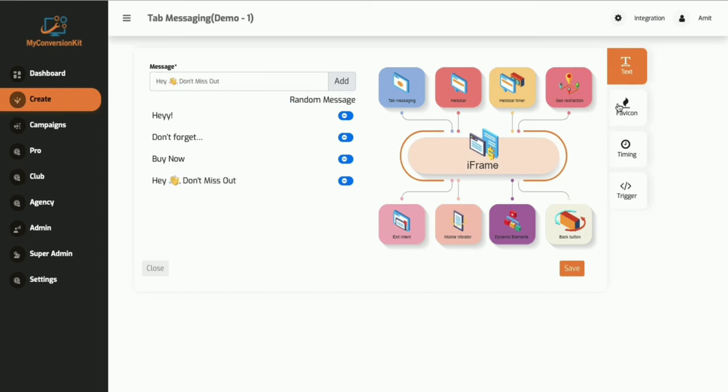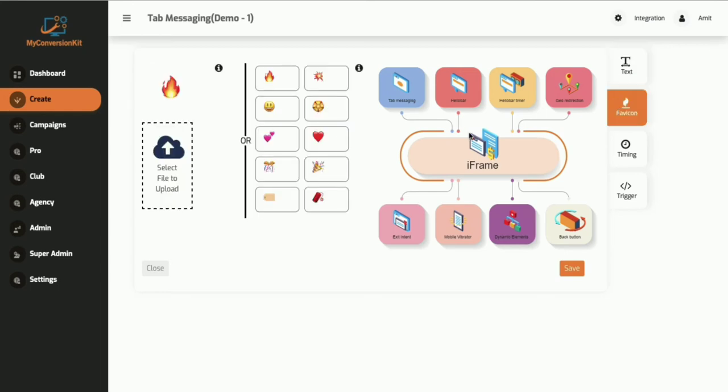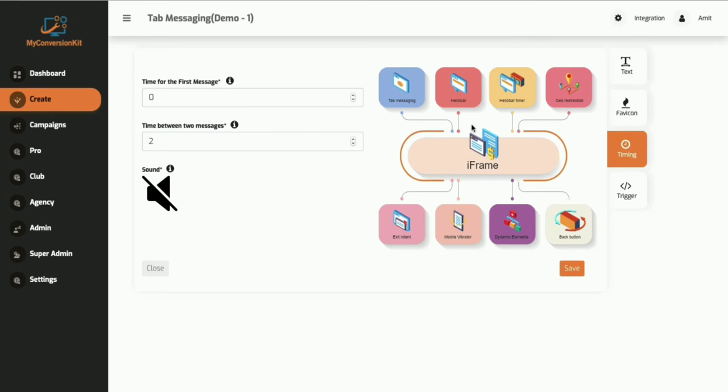Okay. Now select the favicon you want to display. Here you get two options where you can either upload your own or choose from the list of predefined set. I'll go with this one because it attracts more customers. Here you can select the time interval to determine the duration after which you want your customers to be shown the messages.